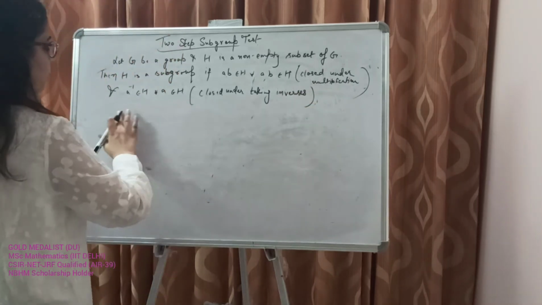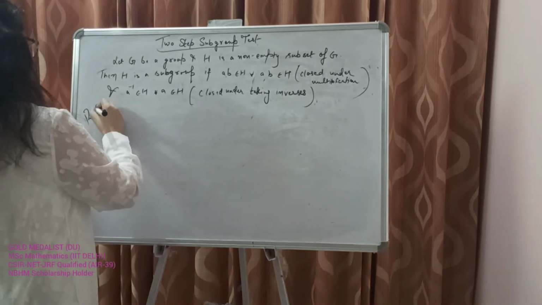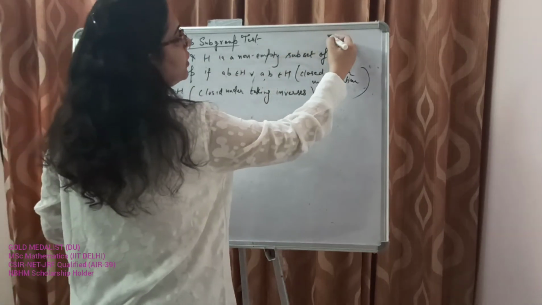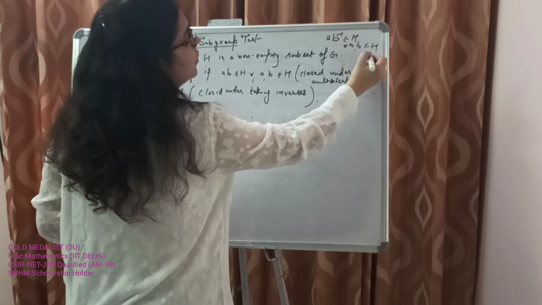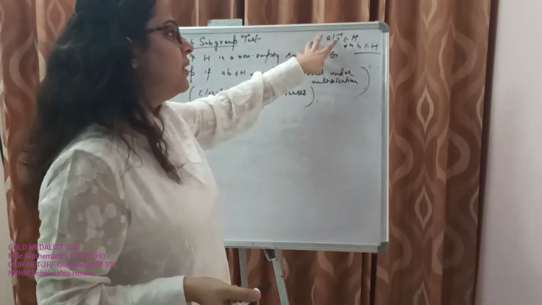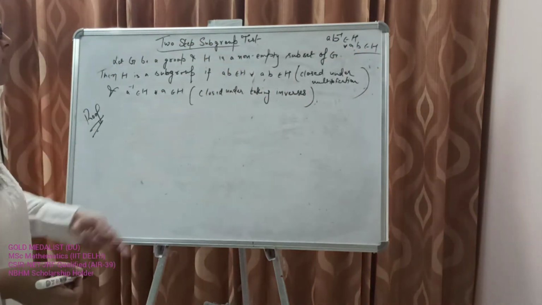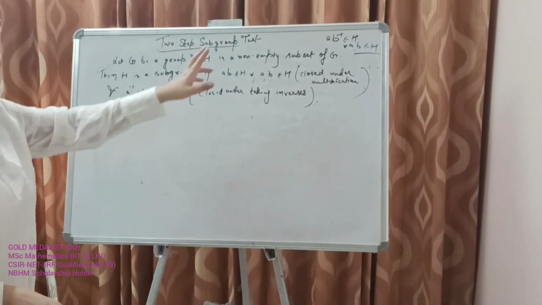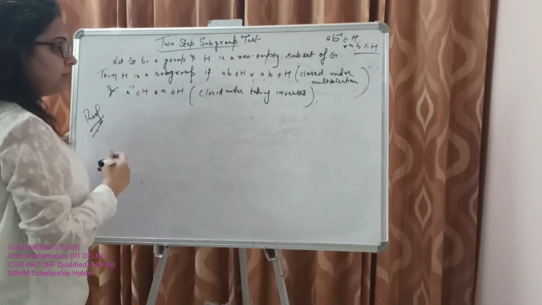Correct? Now we will do the proof of this test. Let's write down the condition that was AB inverse belonging to H for every A, B in H. This was a condition that was proved in the one-step subgroup test, that H was a subgroup if AB inverse belongs to H for any two elements A, B in H. So we'll make use of that here. We need to prove that it is a subgroup. We will prove that condition. If that condition holds, it is a subgroup by the one-step subgroup test.